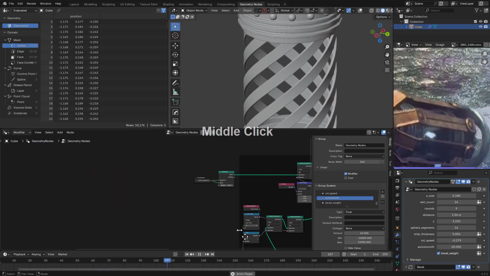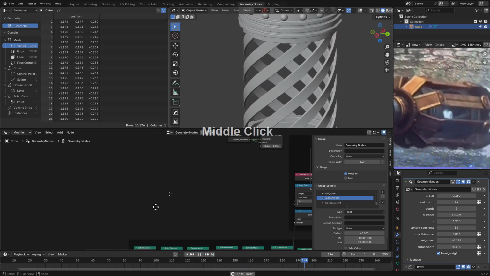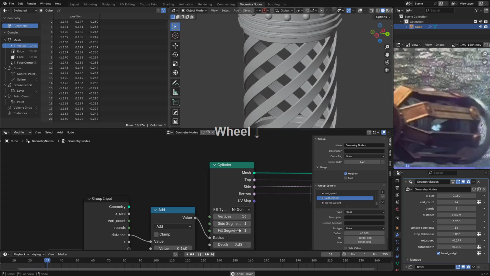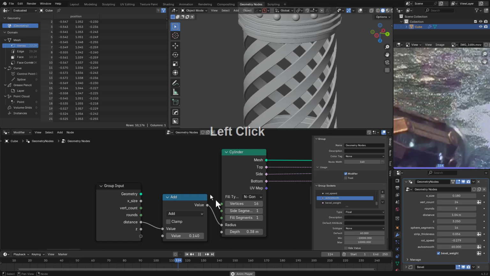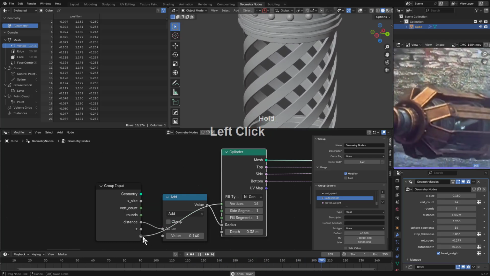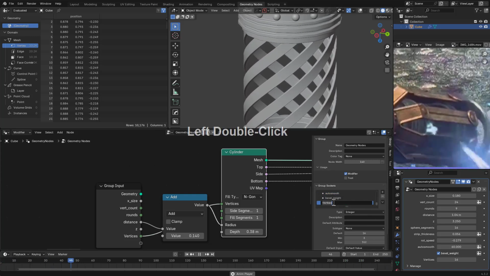So we didn't even set this up to be a proper dynamic asset. That is the cylinder, but no, that is the sphere. The cylinder is right here, and so we never expose this to the input. And I was about to add another group input when really this is